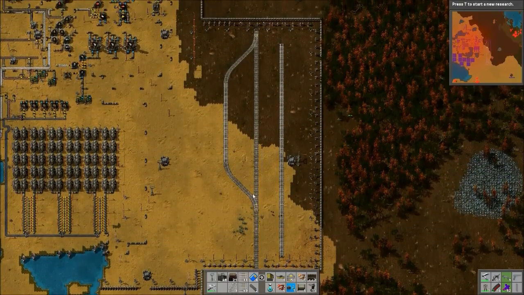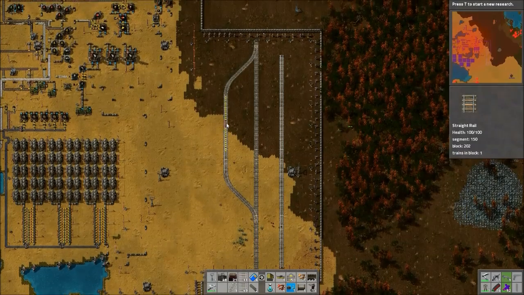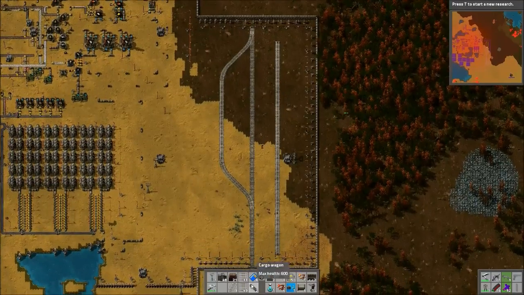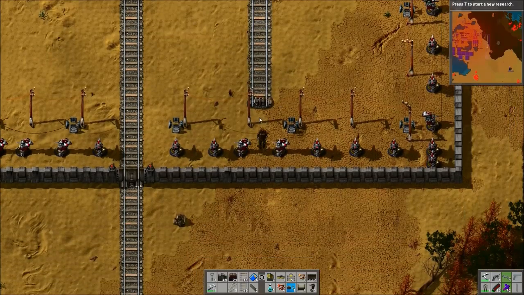It's going to come in on this line and go here and drop off, and then go out, turn around, and go out on that line. Not that it matters. I mean, the line's still where it needs to be, so...